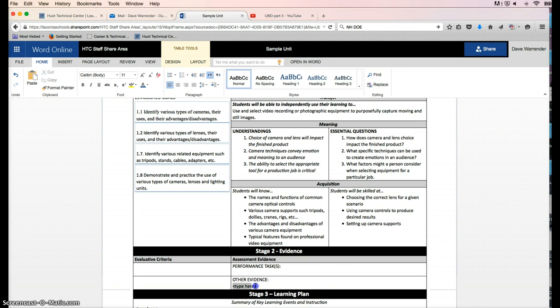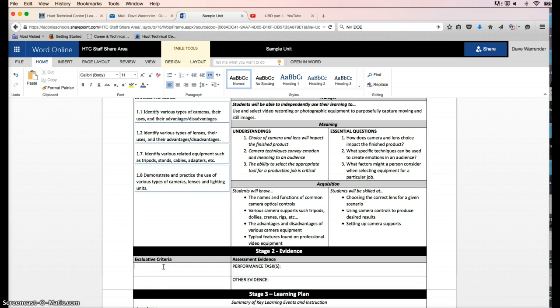The thing I want to start with is: what are my evaluative criteria? This is something which throws people. In fact, I see this area deleted frequently in UbD templates I find online because I think it confuses people. But the evaluative criteria is, if you were evaluating, judging, or grading the student work, what would you be looking for? On the most basic level, it's this idea right here. If we were to do a direct one-to-one correlation, the evaluative criteria would be a student can identify a tripod. I think we are looking for something a little bit more high-end than that.